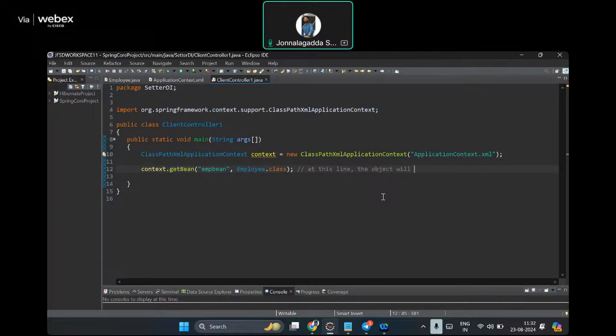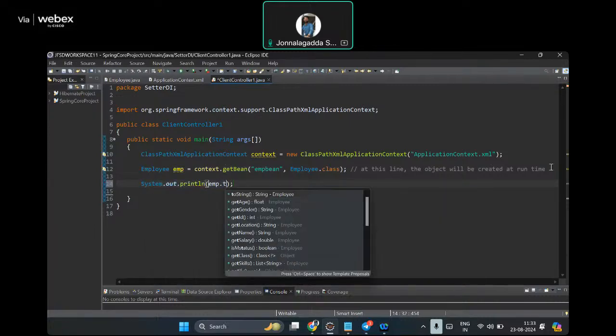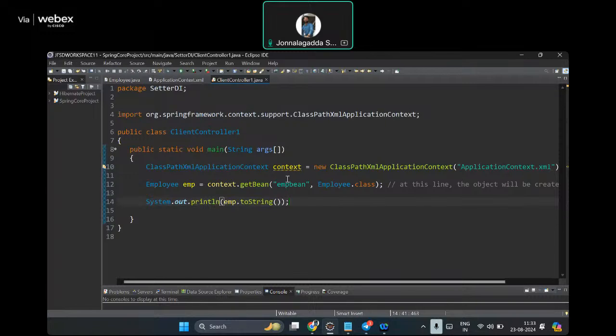So now we are not going to create the object by using the new keyword. We are going to create it through XML or through annotations, right? It will be created at runtime. And please save this into Employee emp is equal to, right? Now let's print System.out.println emp.toString. I'm just printing the values, and it is getting underlined because the resource context is never closed. Okay, so let's close it: context.close,